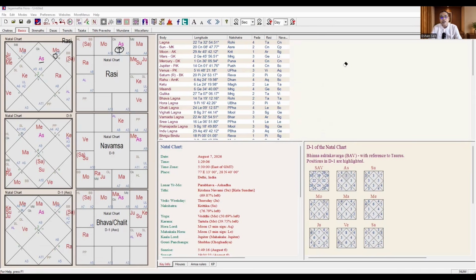Everybody will say the ninth house sign, ninth house lord will reflect the Bhagya. Yeah, that is true. This is much more refined than that. And you know what? An interesting thing. See, here the moon, which is in the 12th house in Aries, has moved into the 6th house in the sign of Sagittarius.